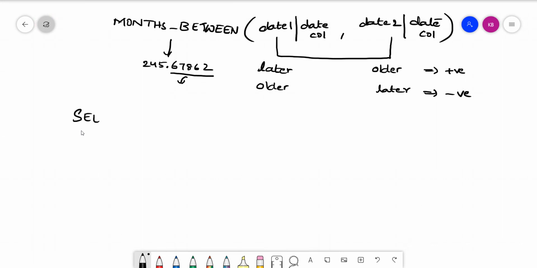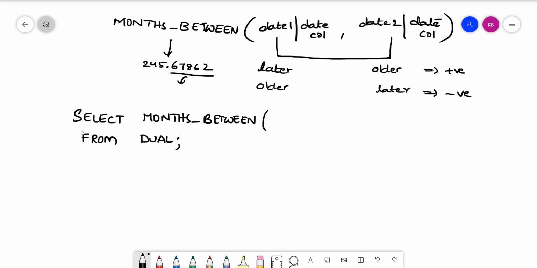So here you can write select from. I wanted to directly apply it on the date value, so I am applying this on dual. Here we will write months_between. You provide whichever dates you wanted to give here as input.